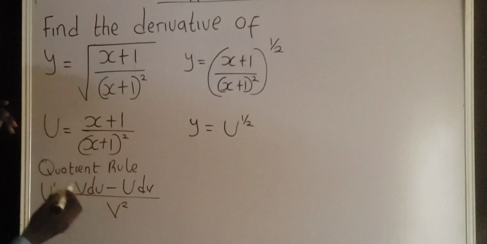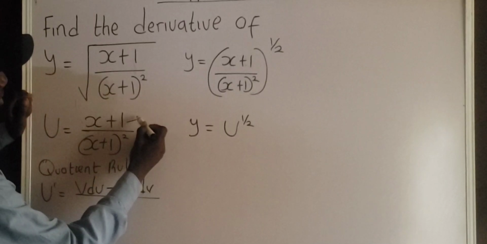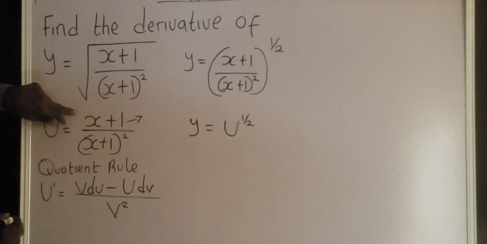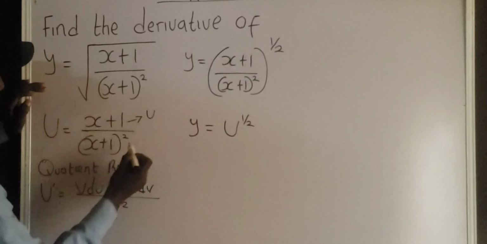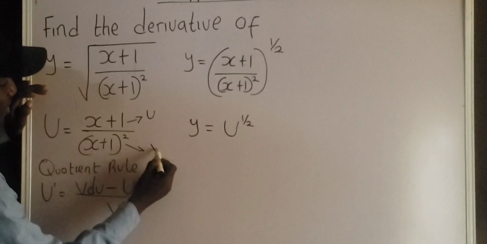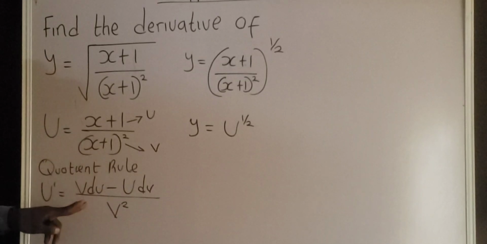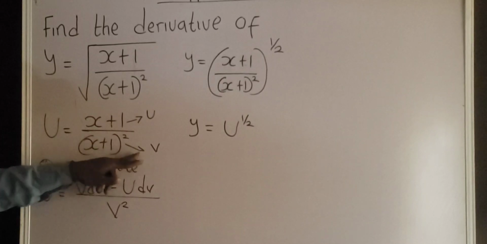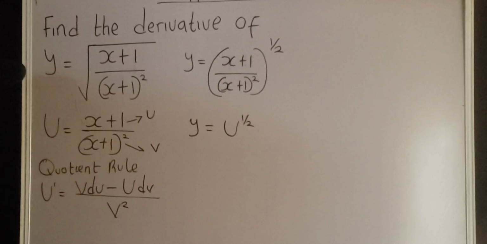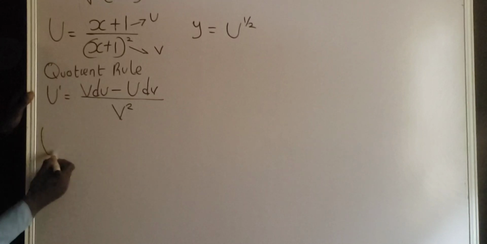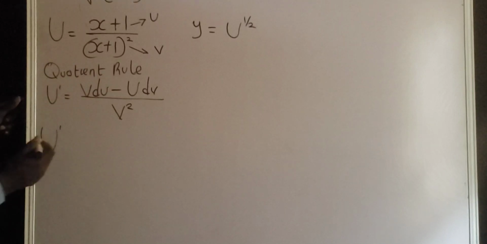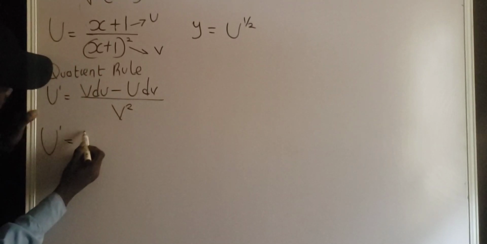Now, in the quotient rule, the part of the fraction that is at the top is known as u, and the denominator is known as v. So in order to differentiate this, u is x plus 1 and v is x plus 1 raised to the power of 2. I represent this as capital U so that you won't make the mistake of confusing it with the other u. It is not. So v is x plus 1